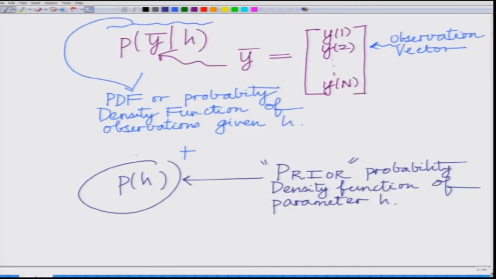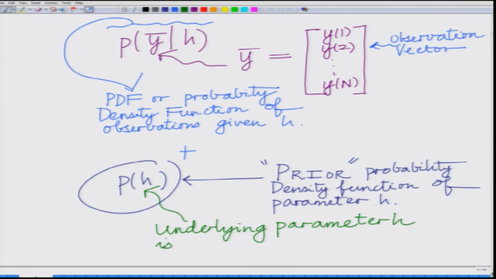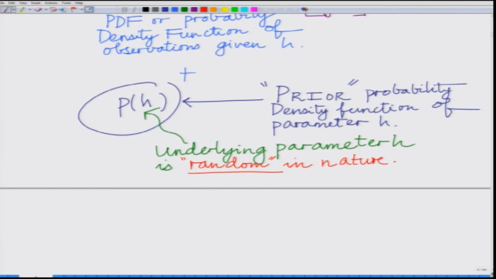Therefore, P of H denotes the important fact that this underlying parameter H is random in nature. This is something important to realize, because this is what distinguishes the Bayesian framework from other similar frameworks, that is the underlying parameter H is random in nature. Now, we would like to use these two quantities, P of y bar given H and P of H,